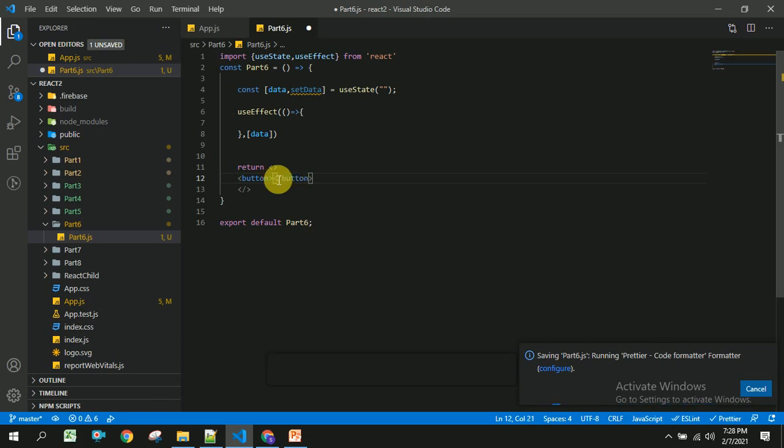So if the data is changed, our useEffect will be called again. So for this I am going to use onClick, an arrow function, the handleChange method, and I am creating this handleChange method